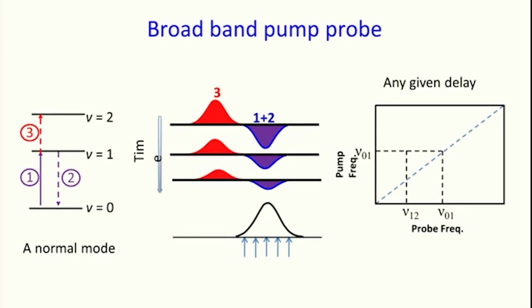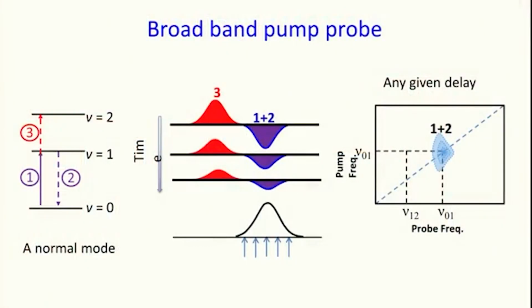You get a 3-dimensional, not necessarily Gaussian, distorted Gaussian kind of shape. So, at center wavelength of nu 01, we expect this kind of a shape. The negative signal, here blue means negative, red means positive, negative signal due to ground state bleach of 1 and transient stimulated emission